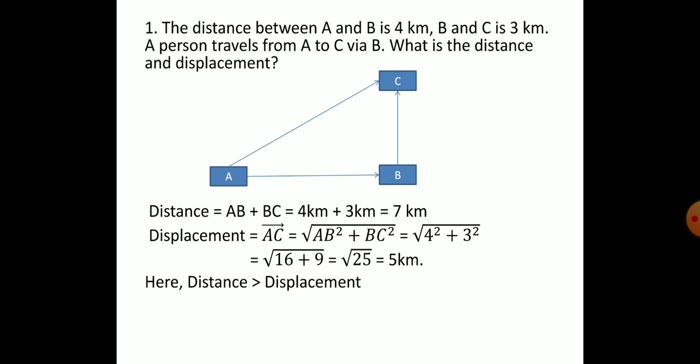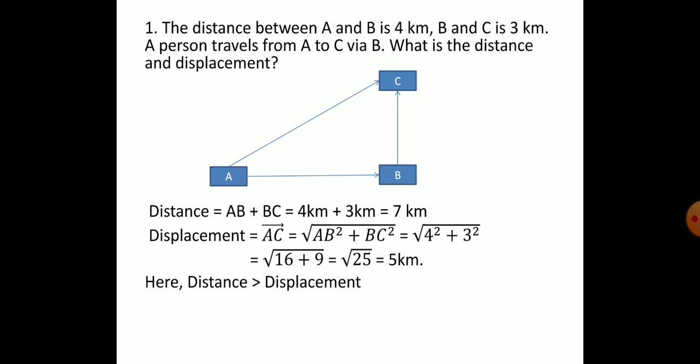Here it is given we have to use the square root of AB squared plus BC squared. This is the Pythagoras theorem result. This is the Pythagoras theorem which you will be learning in depth in maths, but we have to apply that particular maths concept here in this sum.